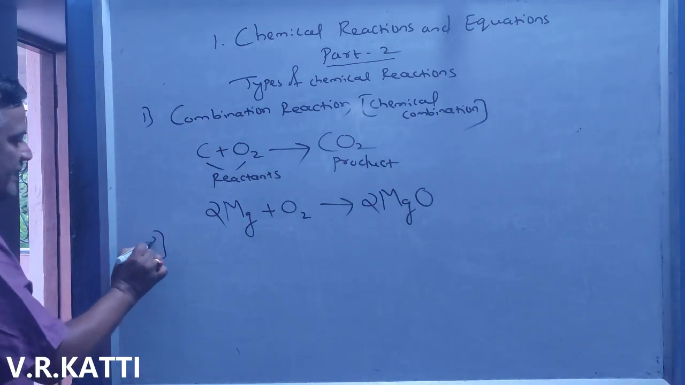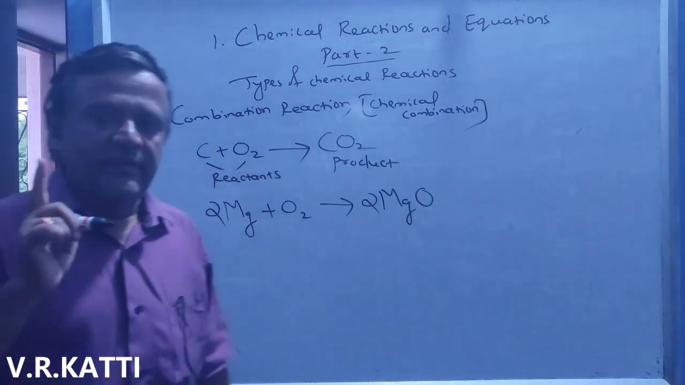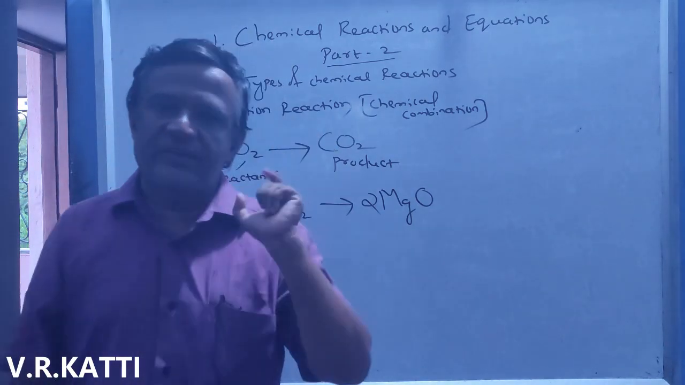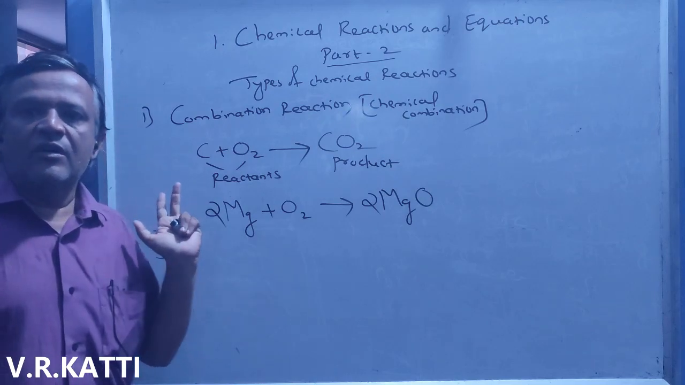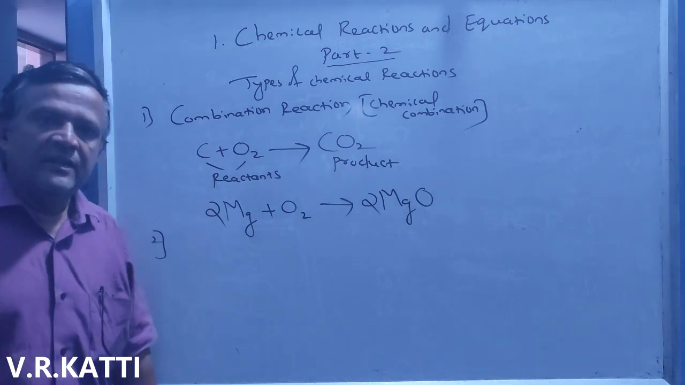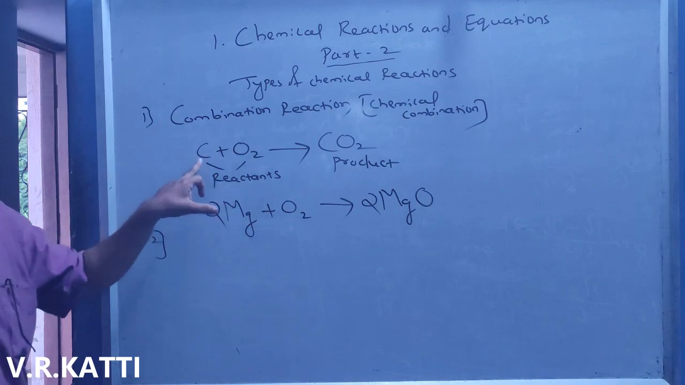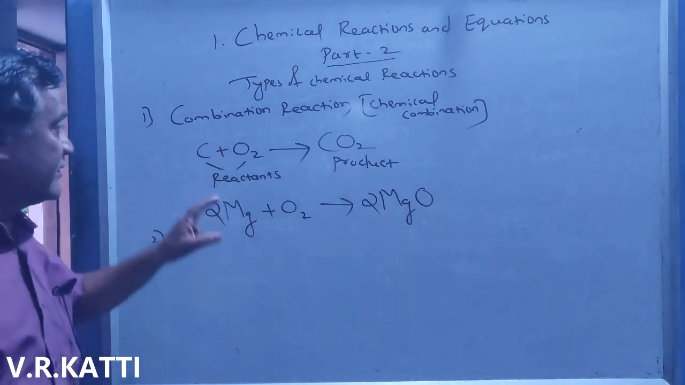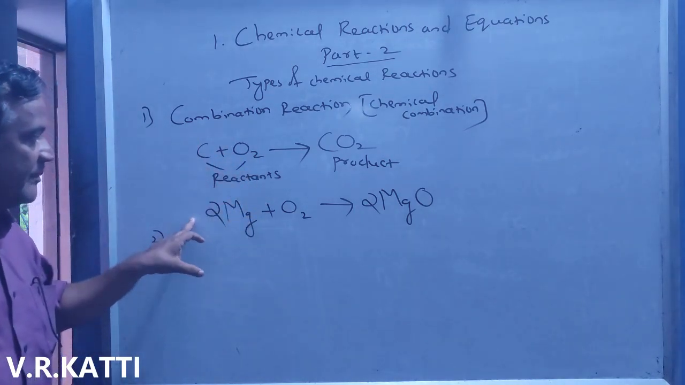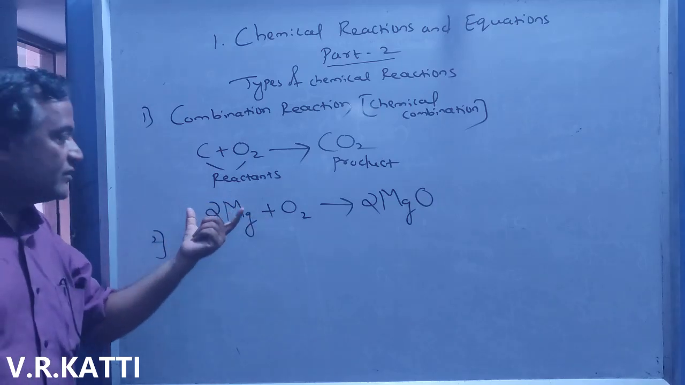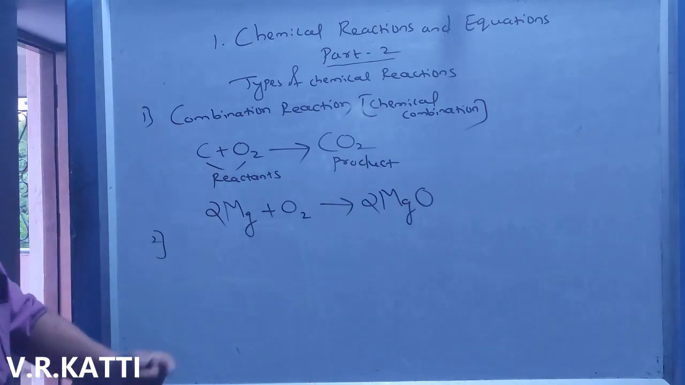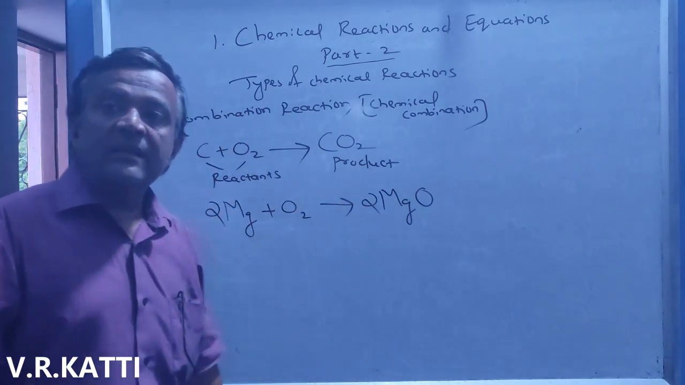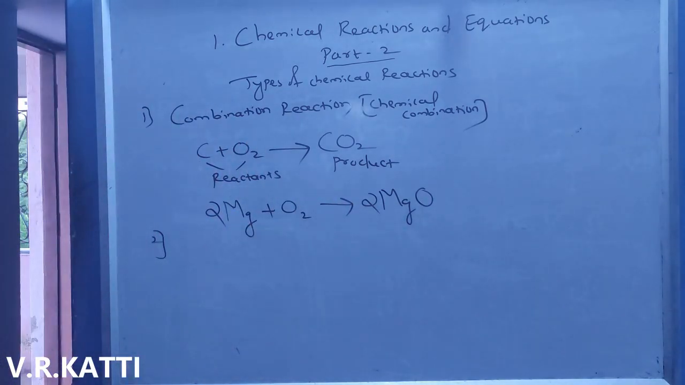Remember, if there is only one product, it is a combination reaction. Here plus is there in between the reactants, so 2 reactants, but only a single product. So this one we can call a combination reaction. Yes, students,